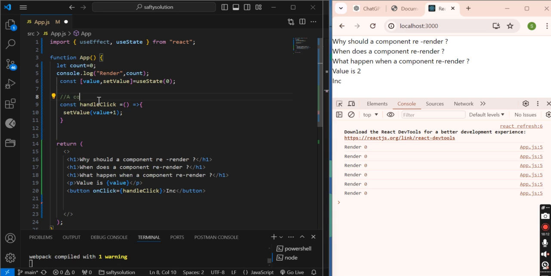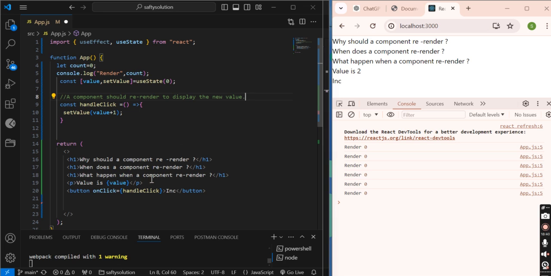A component should re-render to display the new value. That's it. Why should a component re-render? Because it should re-render to display the new value.